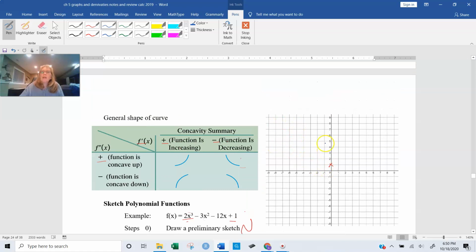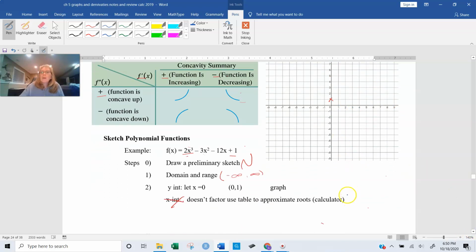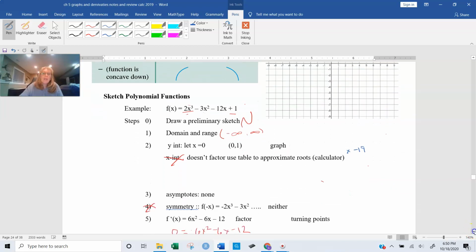So we're going to graph negative 1, 8, which is here, a turning point, and 2, negative 19. Oh, way off my graph, unfortunately. Here, we'll just put one down here and label it negative 19. All right, so now we've got my turning points and my y-intercept. Next thing we need are the points of